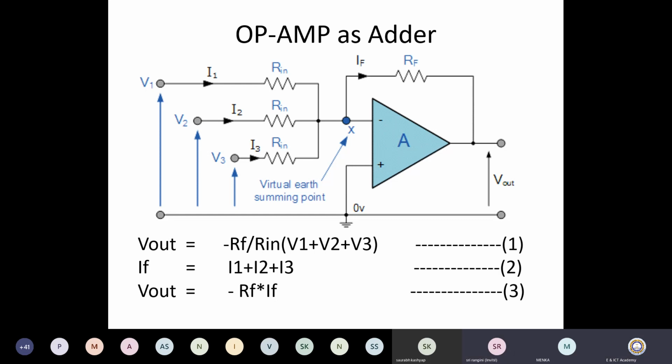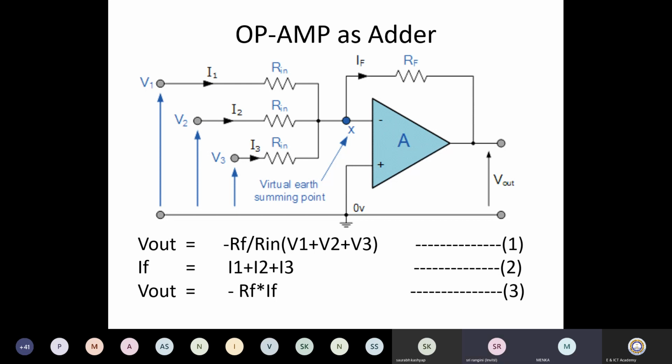Fine. So the I1 current will be V1 minus virtual 0 divided by Rin. This is the value of I1. Likewise, I2 is equal to V2 upon Rin, and I3 is equal to V3 upon Rin. If you look at this node X, which is the virtual ground or the summing point, the equation shows that Vout can be written as minus Rf upon Rin into (V1 plus V2 plus V3).